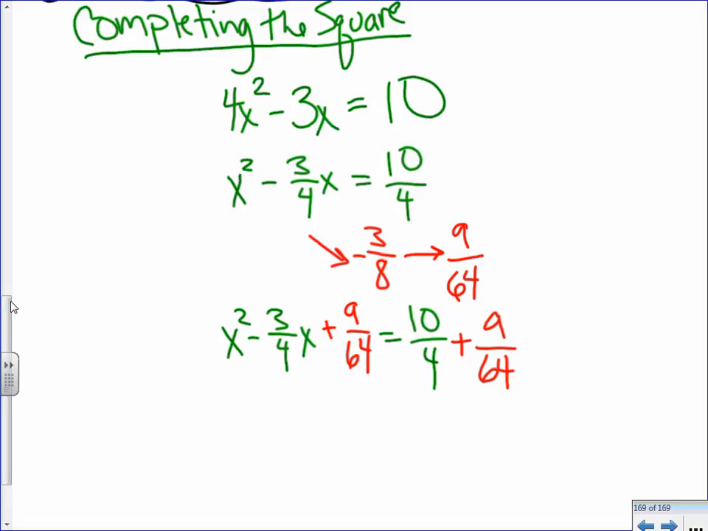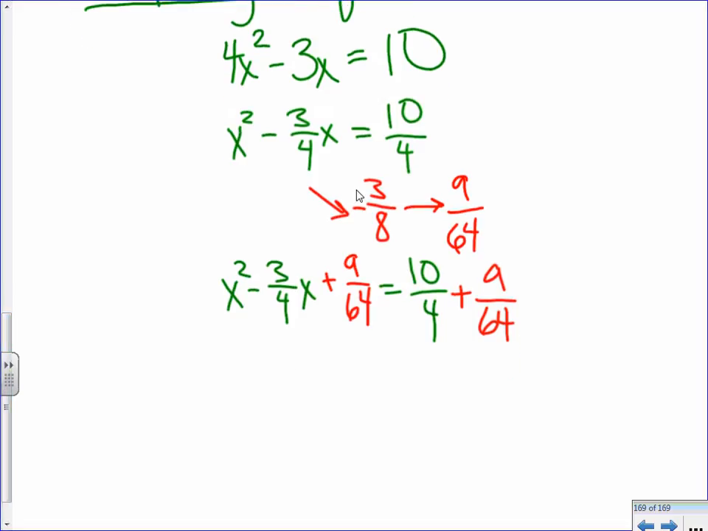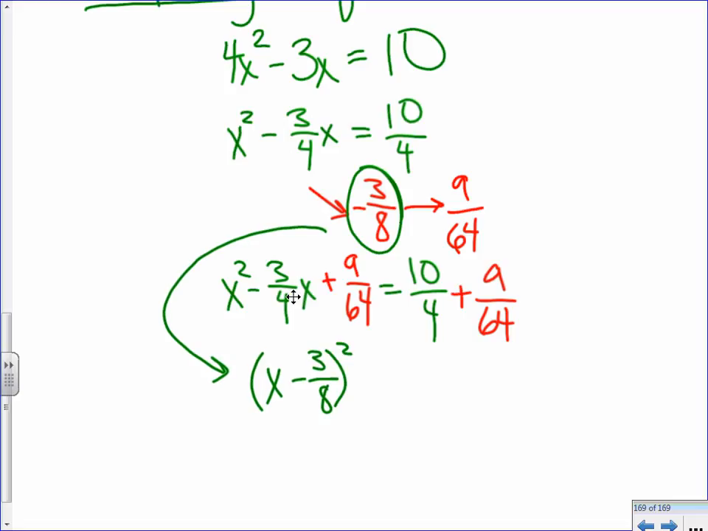Okay, in our next step, we're going to factor the left-hand side. The left-hand side is always going to factor perfectly. You don't need to do any work. You don't need to draw an x to figure out how these three terms, this x squared minus 3/4 x plus 9/64, factors. You don't need to do anything. It's always going to be right here. This thing right here is going to tell us how to factor. So we get x minus 3/8 squared equals, and then on the right-hand side,